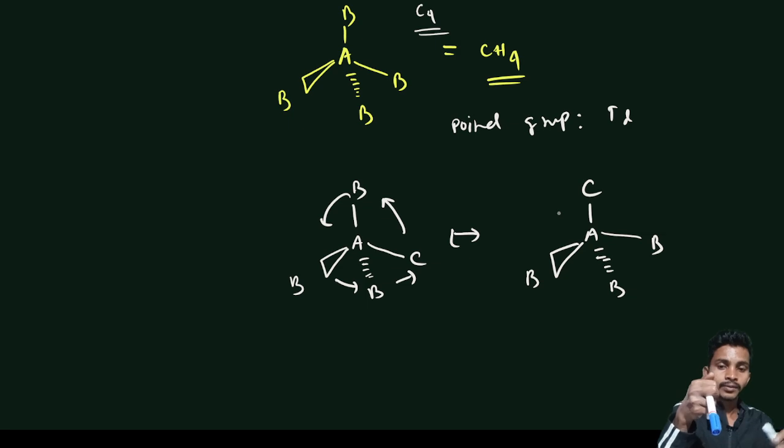Okay, now one is in the plane, this is in the plane, and this is in the front. So this blue one is in the front, and this is in plane, and this is back. Okay, so now what I do,